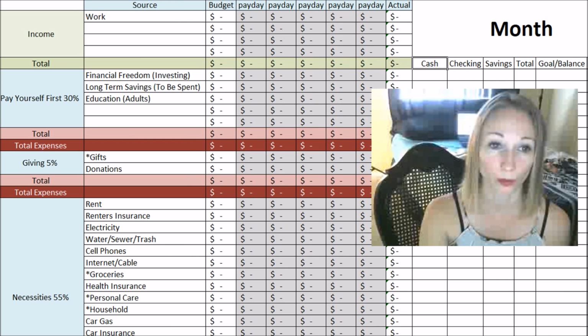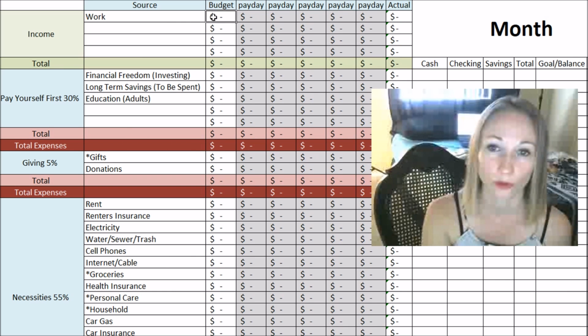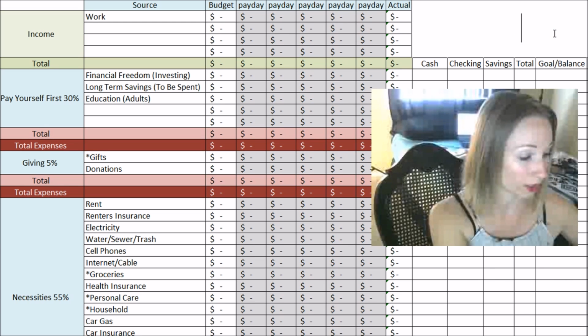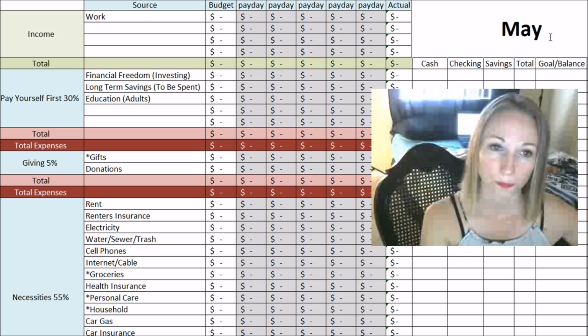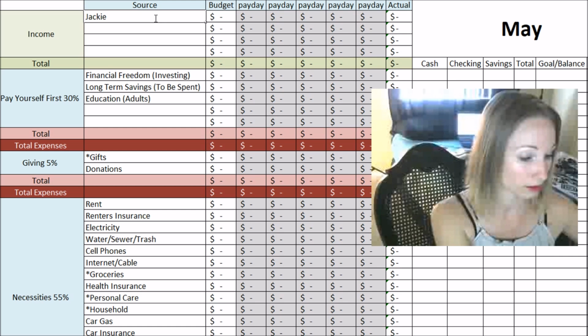So I hope you guys use it. So real quick, I'm just going to show you how you could set it up for you. So again, your month, all you're going to do is click in the month thing, and then you're just going to delete it. And we're going to go ahead and say we're going to budget out May. Okay, and we're just going to say Jackie's